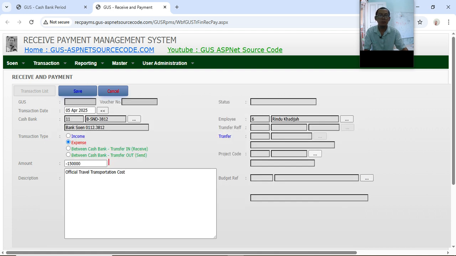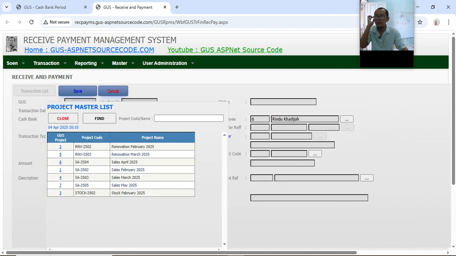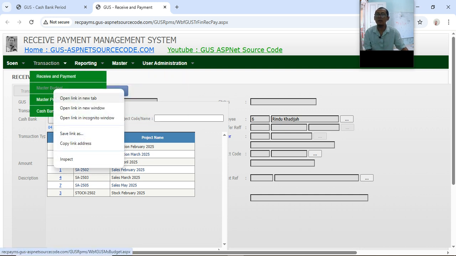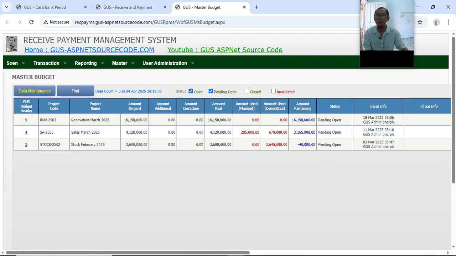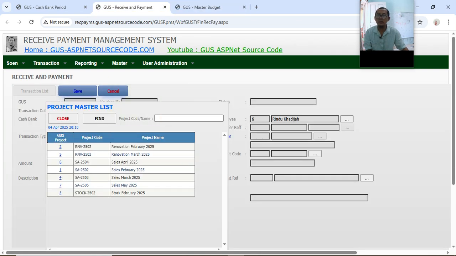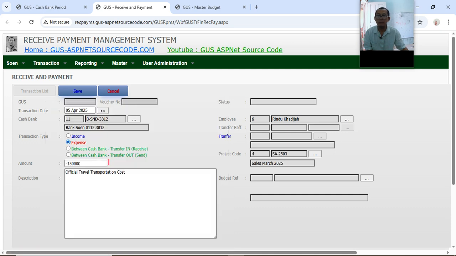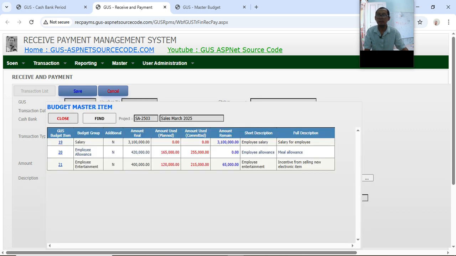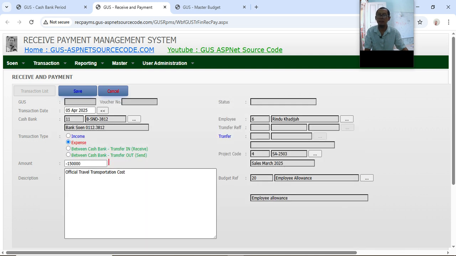Plus the project code. For example, we have not studied about it here. Sales. The budget code. If the transaction is an expense, the budget must be entered. Okay. Employee allowance.